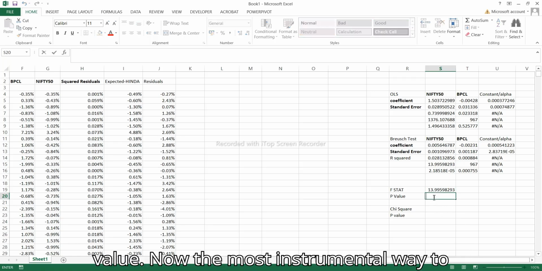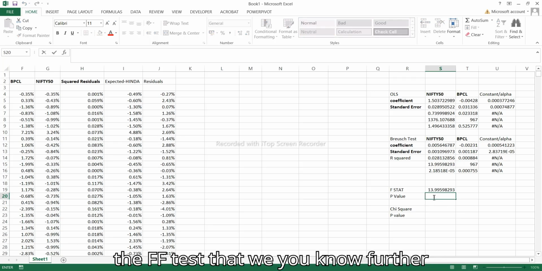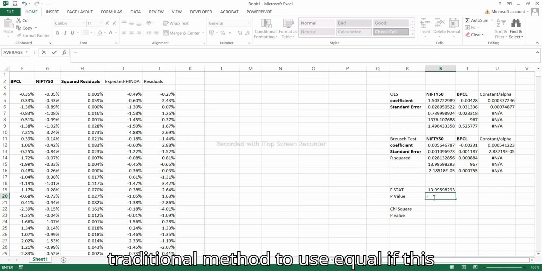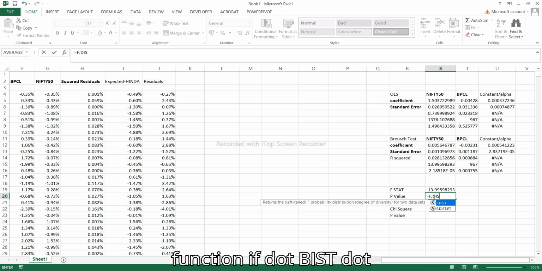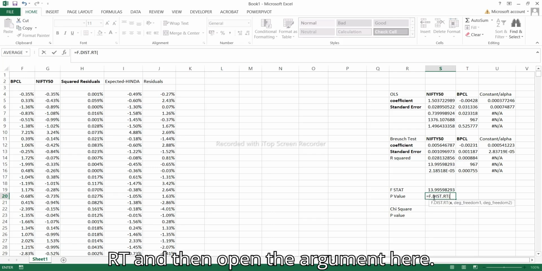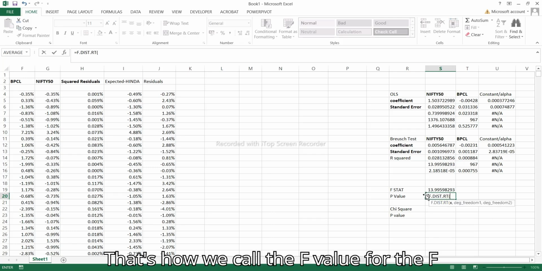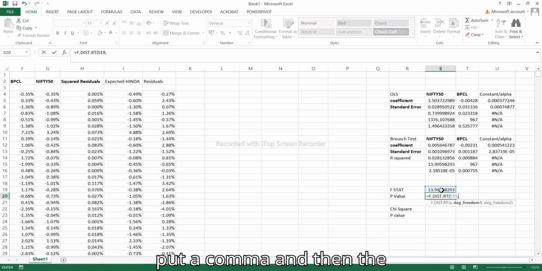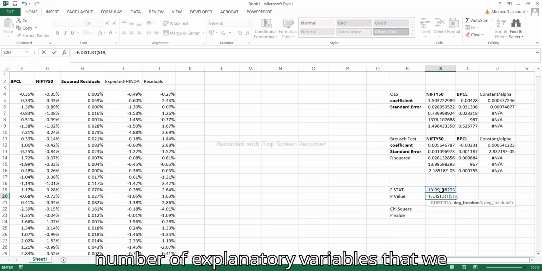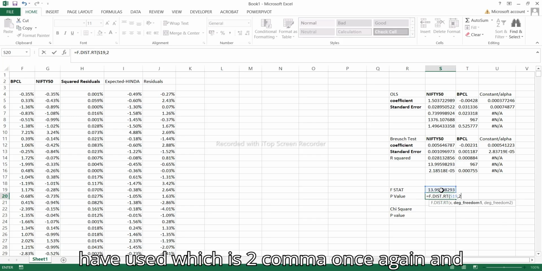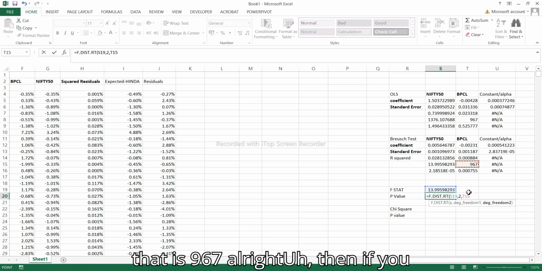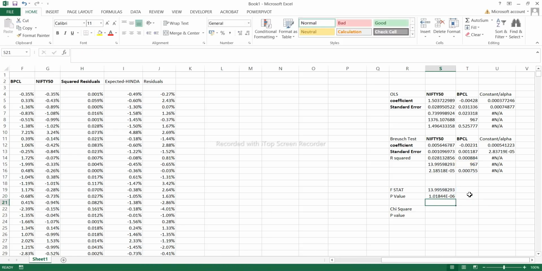Now the most instrumental way to find the p-value, or the significance of the F-test that we further clarify with the p-value, is the traditional method: use the F.DIST.RT function, and then open the argument here. That's how we call the F value for the F statistics. Just select the F stat value, put a comma, and then the number of explanatory variables that we've used, which is 2, comma once again, and the degrees of freedom that we have, the total number of observations, that is 967. All right, then if you just close the argument and hit enter,